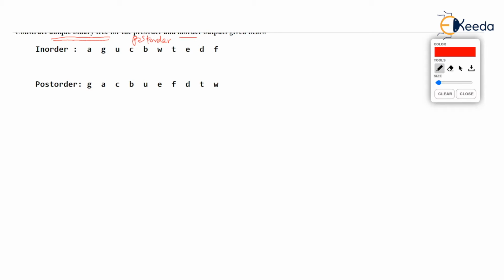Now, all of you know from the earlier videos that in the post-order output, the last value that we get is always the value of root, because the rule for post-order is LRV. So before printing the vertex, that is root, maybe we print the entire left branch and right branch of root, and finally we get root, isn't it?